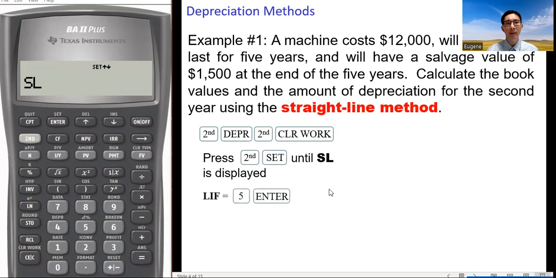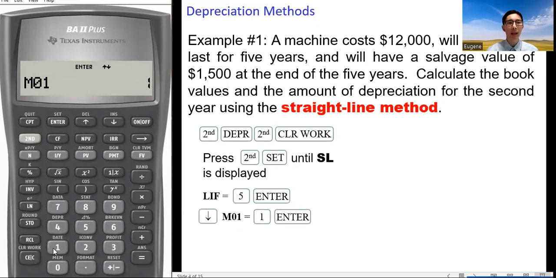Then we can key in the information. LIF is 5, so we press 5 and then enter. The machine lasts for 5 years. The next variable, M01: no information is given in the question, so we assume that M01 is 1, at the beginning of the year.